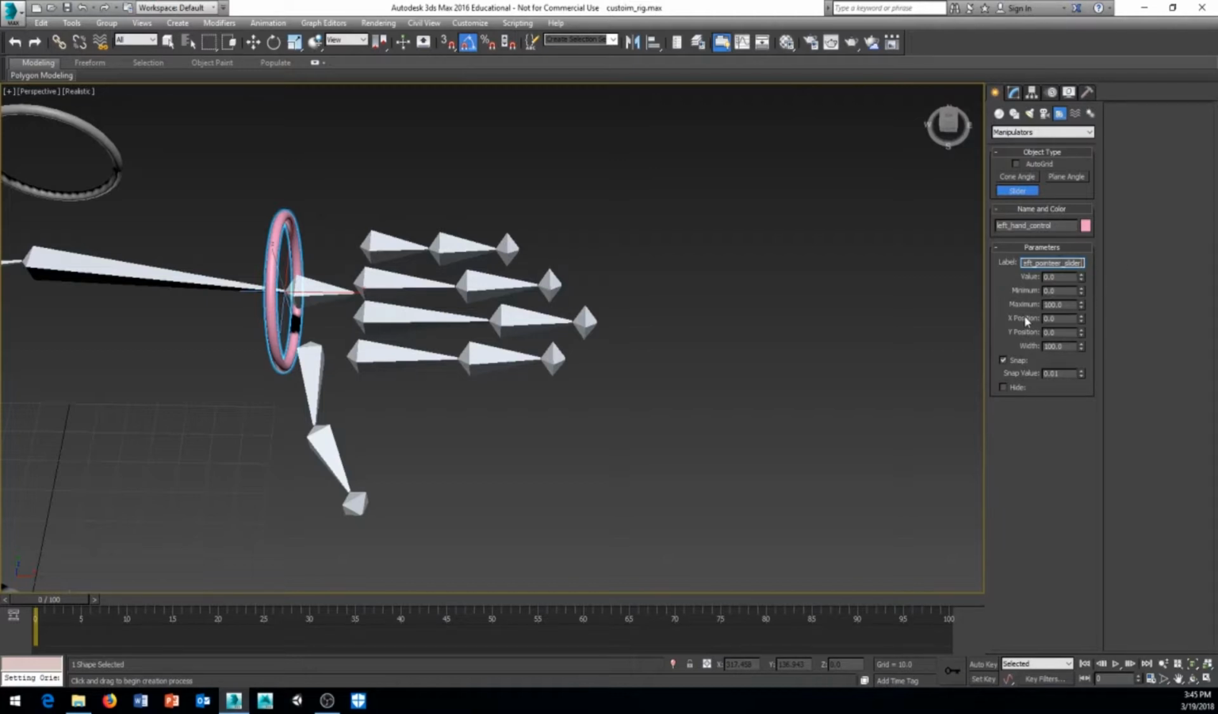And then the value, the minimum and the maximum. The value is the value that the slider is going to be when we create it. The minimum is the minimum value it can be. The maximum is the maximum value it can be. X, Y position, we're not worried because we haven't placed it anywhere yet. Same as the width. If we want it to snap to a certain amount, we can turn on snap, and